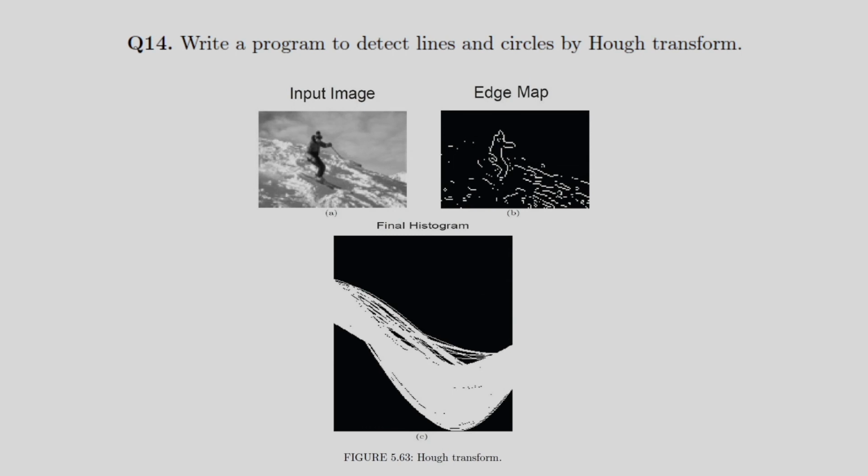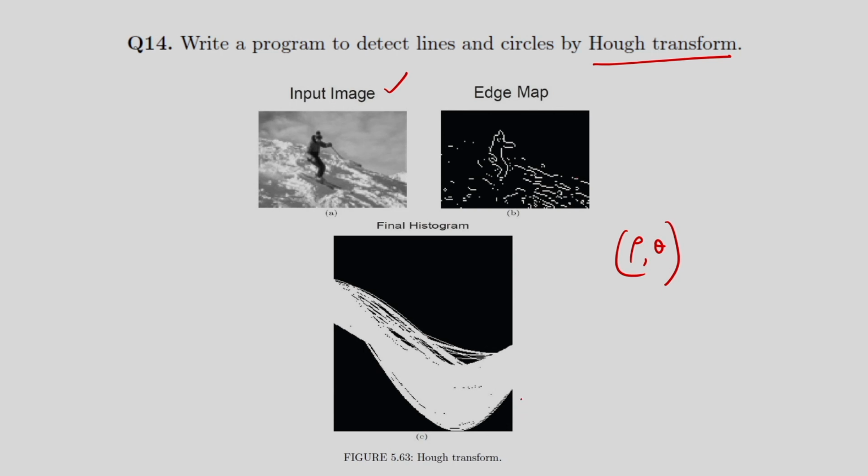The next problem is to write a program to detect lines and circles by Hough transformation. Corresponding to this image I am determining the lines and circles by considering the Hough transformation. This principle I have already explained in my class. For this we have to consider the parametric space, where rho-theta is the parametric space, and mainly I have to do the voting. First I have to initialize the accumulator, and after this go for voting corresponding to all the edge pixels, and from this I can detect the lines and the circles.